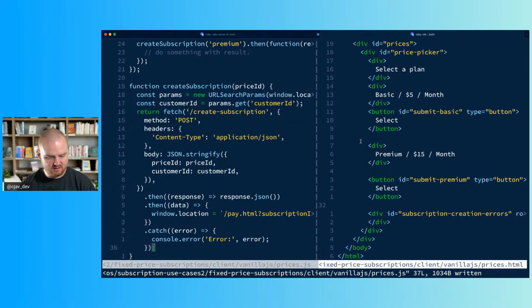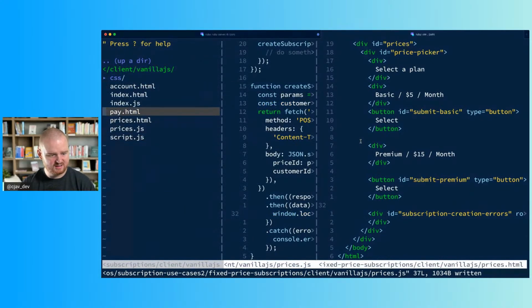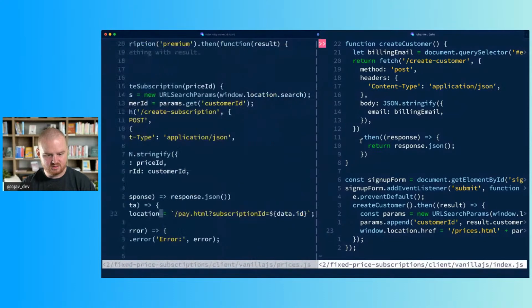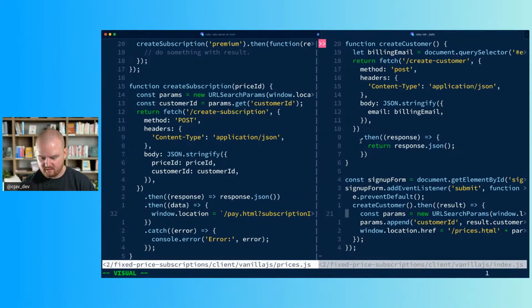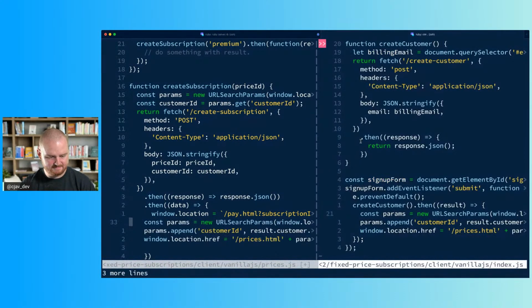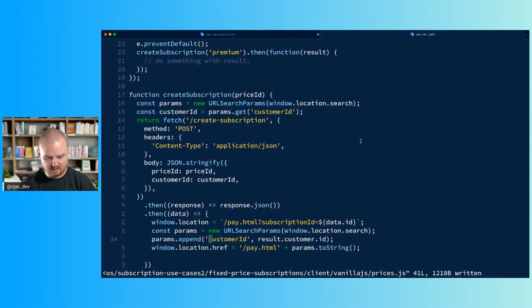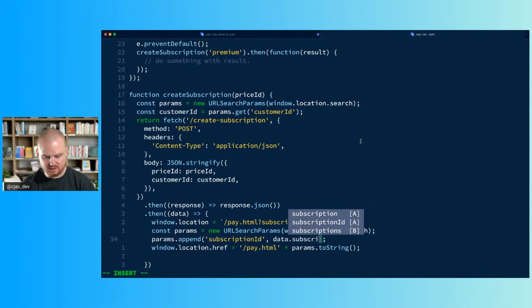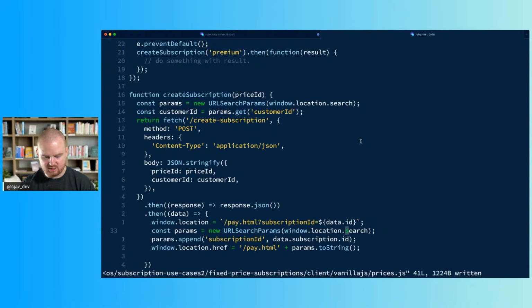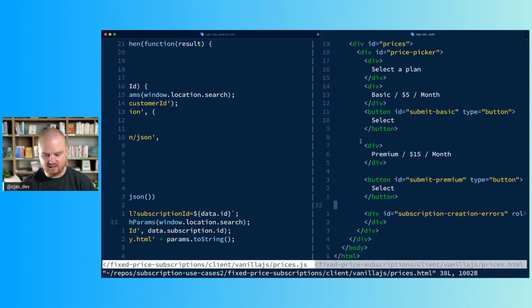We are catching errors and putting them in the console. And then we're redirecting again. We're redirecting to another page. So let's follow the same sort of pattern here. And the page we're going to is called pay. And we need the subscription ID in the query string. So data.subscription ID is what I would expect, since when we create the customer,